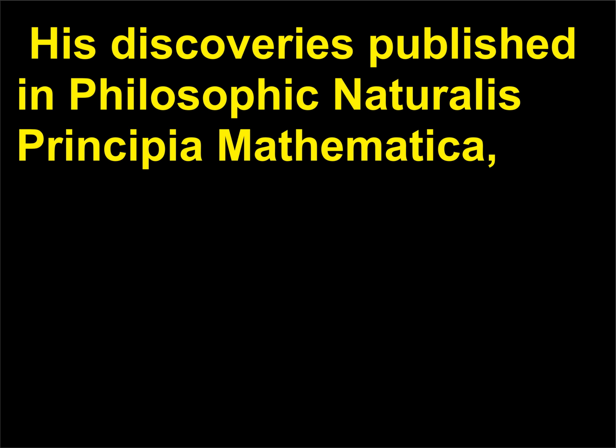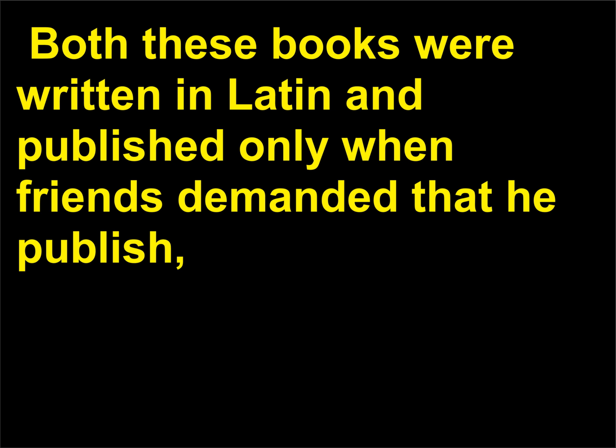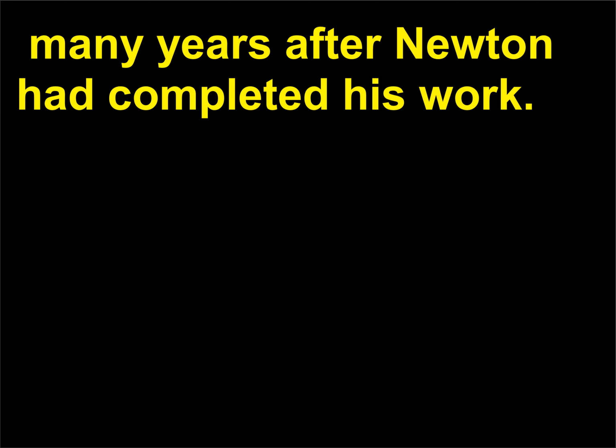His discoveries, published in Philosophiae Naturalis Principia Mathematica, or the Principia, and in Opticks are unparalleled and formed the basis for mechanics and optics. Both these books were written in Latin and published only when friends demanded that he publish. Many years after Newton had completed his work,